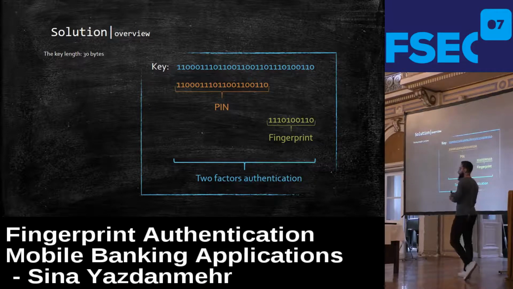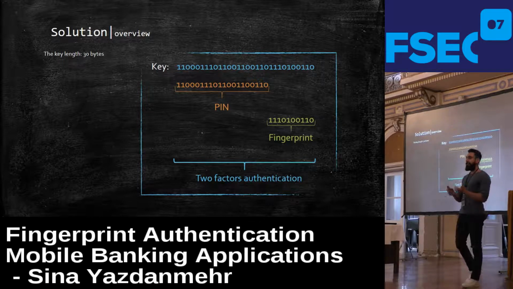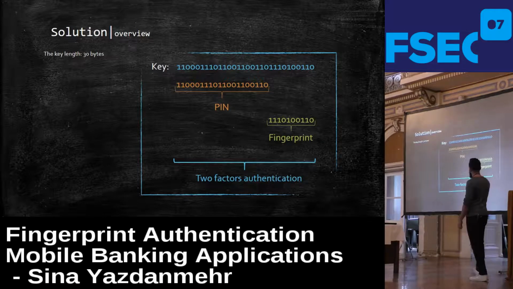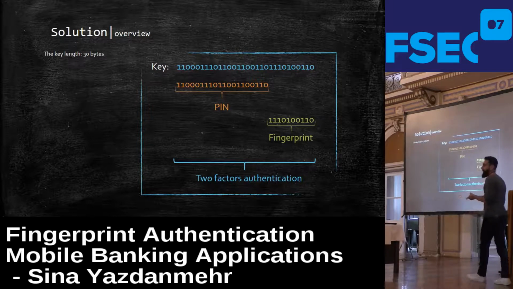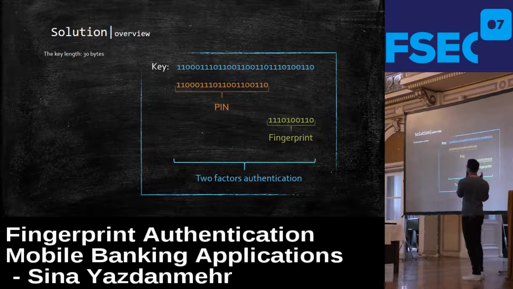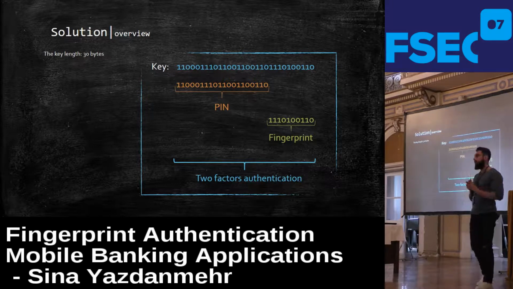When the mobile application receives the secret key, it can split the secret key into different sizes. In this case, I split the secret key into 20 bytes and 10 bytes, and use the first 20 bytes for PIN code authentication, the 10 bytes for the fingerprint authentication, and if the user wishes to do